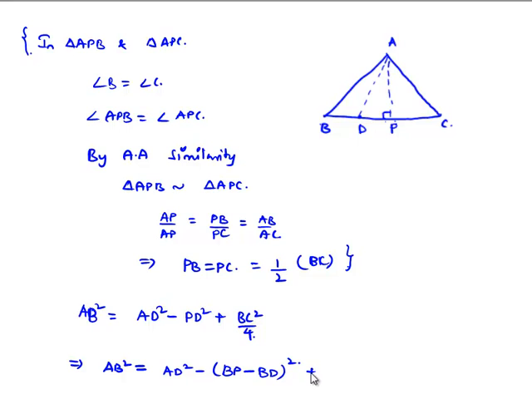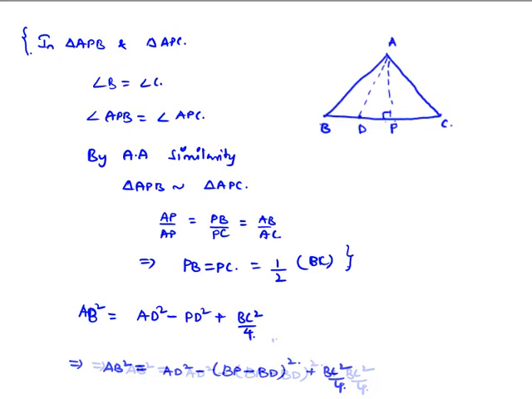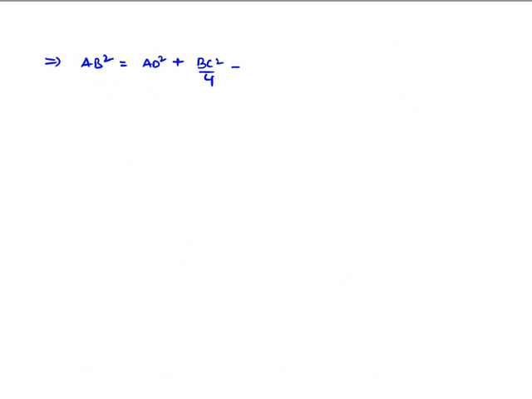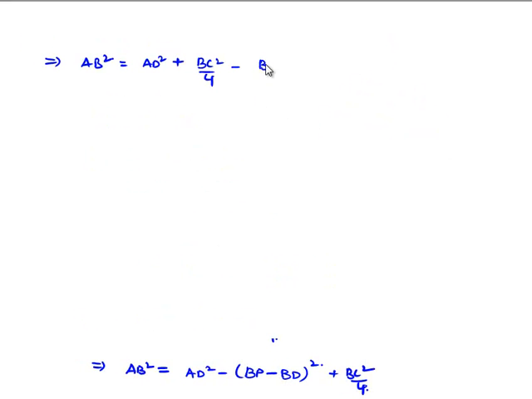Here we are also left with BC square by 4, which implies AB square is equal to AD square plus, let us write the BC square by 4 here, plus minus BP minus BD whole square,